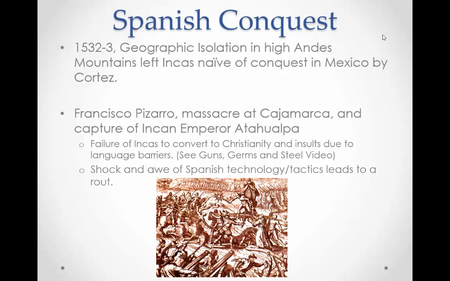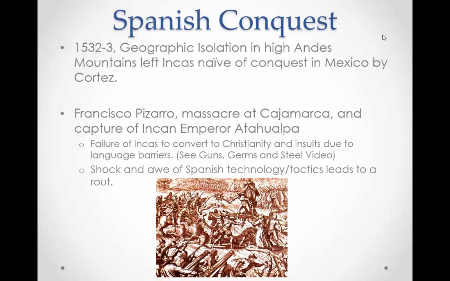But ultimately, you have this group of 160 or so Spaniards coming into this region, and again, very similar to Cortez, they are able to gather some support of locals that weren't so happy with the Incas.